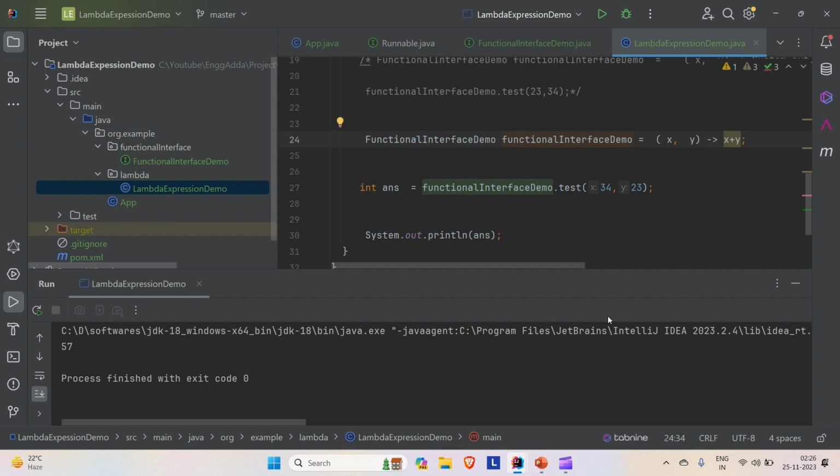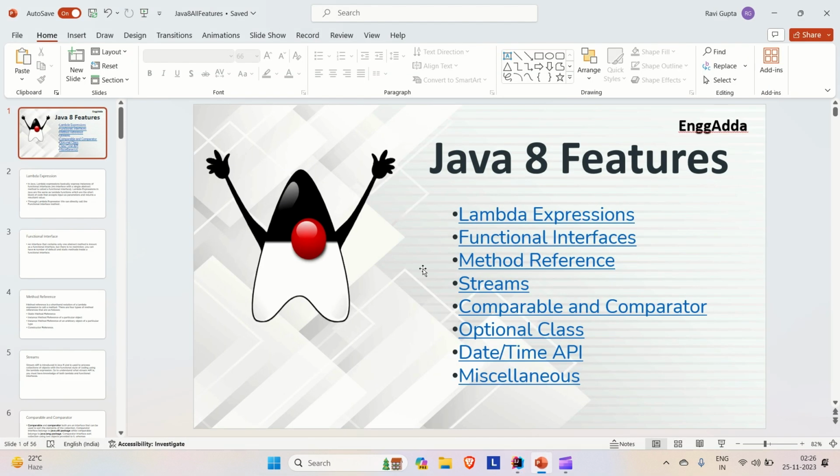In the upcoming video we are going to discuss the other topics, like let me try to show you the functional interfaces. We are going to discuss the functional interfaces, how to develop your custom functional interface, and what the already existing Java functional interfaces are and their use cases. Everything we are going to discuss in the